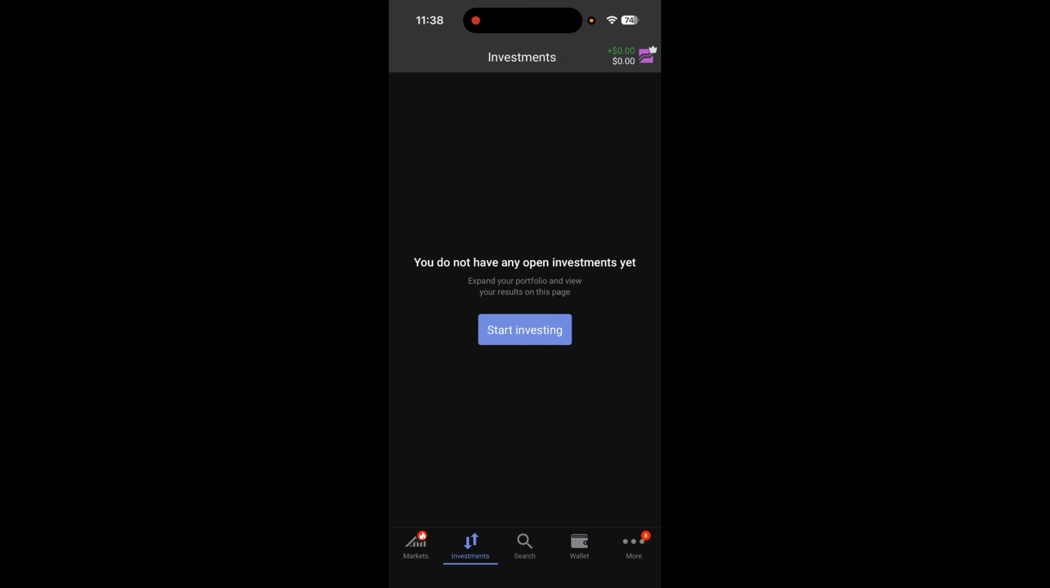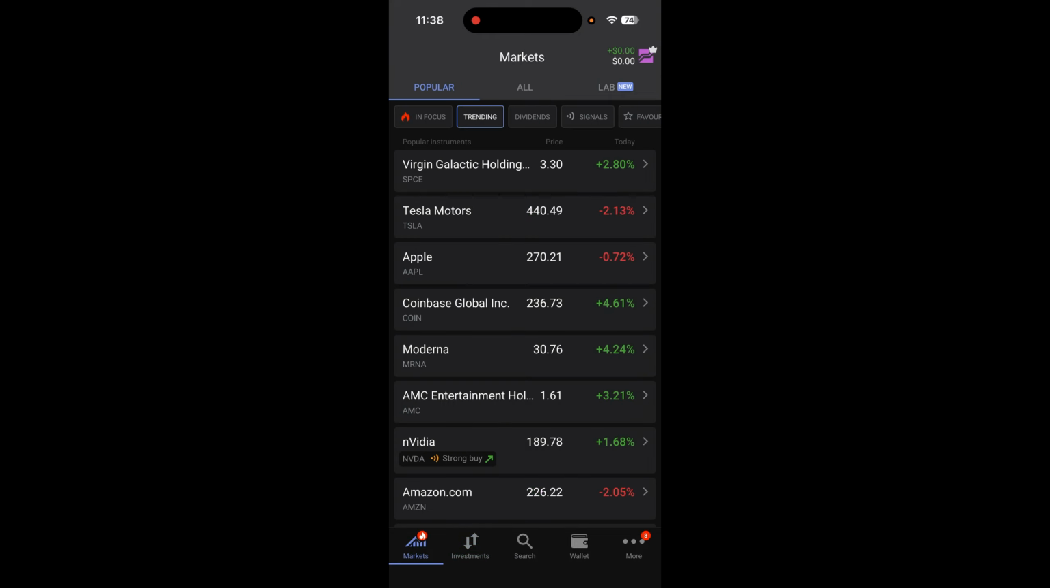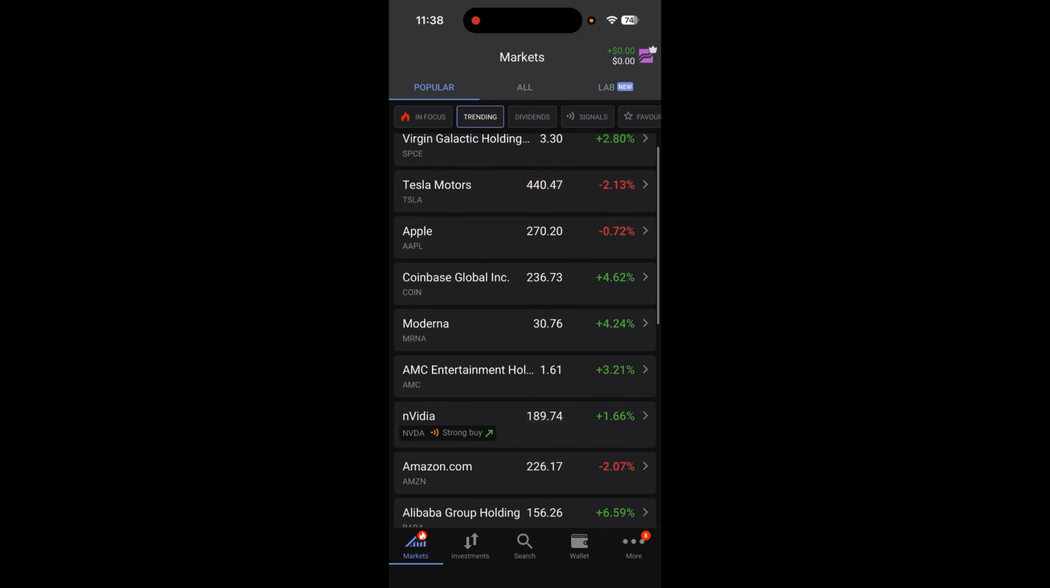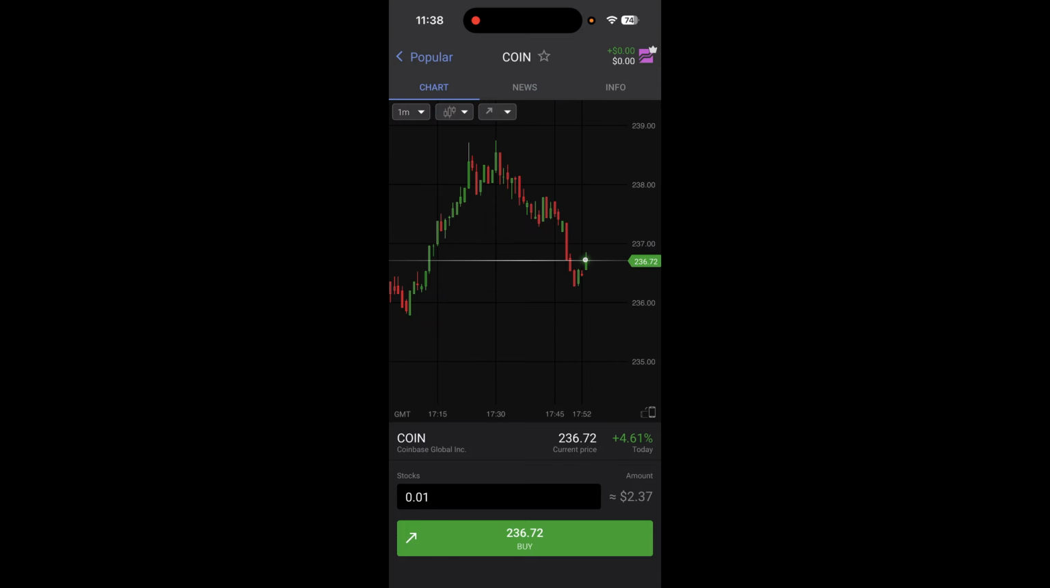And when you reach the Libertex interface, on the bottom left corner we can see the markets. Tap on the market. Over here you can see all of the popular instruments. Select one of the instruments, and here we can see all the ticker symbols that identify the stock